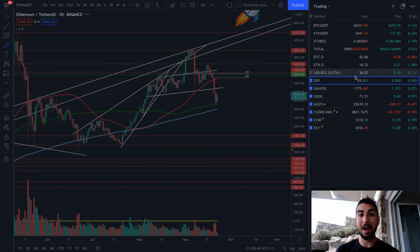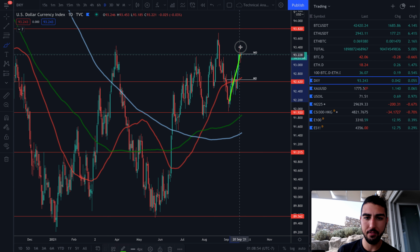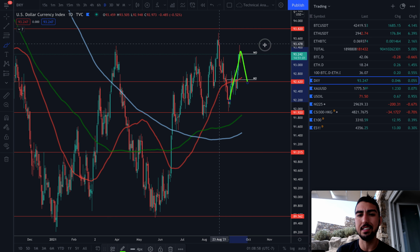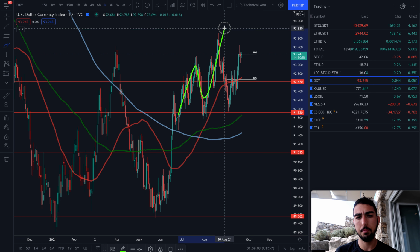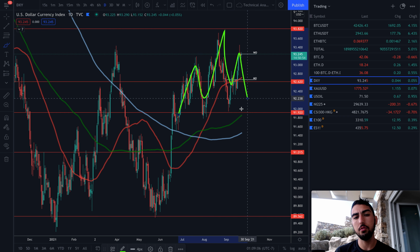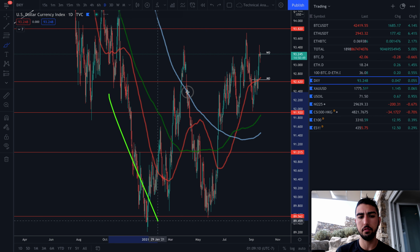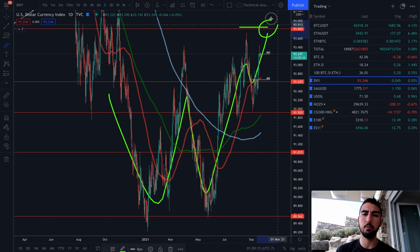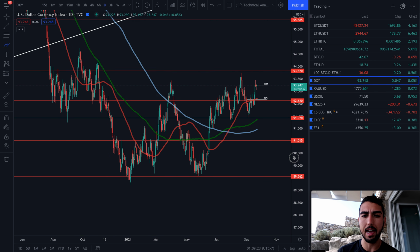And then to wrap the 4-dimensional analysis, let's look at the DXY. We might have some time to buy ourselves, and Bitcoin could see some sideways price action if this does not break above 93.82. Could we say that we have maybe a head and shoulders pattern here on the daily chart? Who knows? But what we could say is that this is in the early stages of a reversal from the double bottom, and that if we continue to see strength above 93.82, that's where we want to start being concerned,